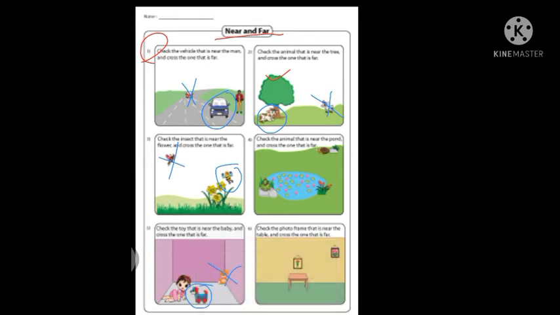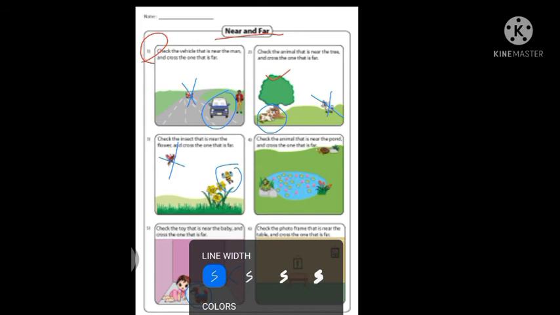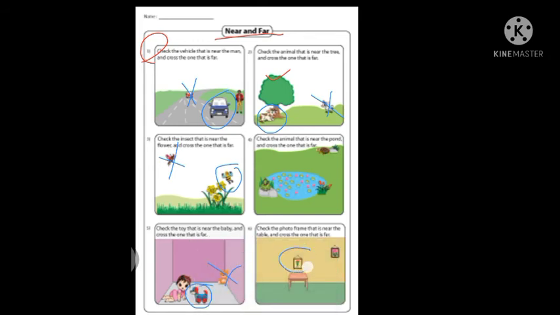Okay. Now students, in the last picture, we have to compare this frame picture which is there, right? We have to circle those which are nearer to this table. ये टेबल के जो नज़दीक है उनको सर्कल करना है, and we have to cross out those which are farther from that table, right? So you can see this one is very close to the table, near, पास है ना, and this painting is far from the table, वो टेबल से दूर है, so we have to cross out it. So is that clear everyone?